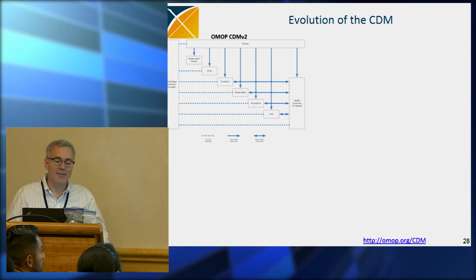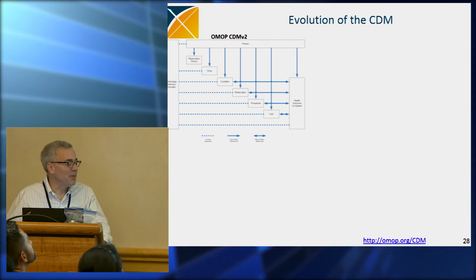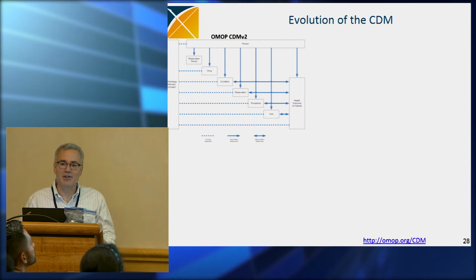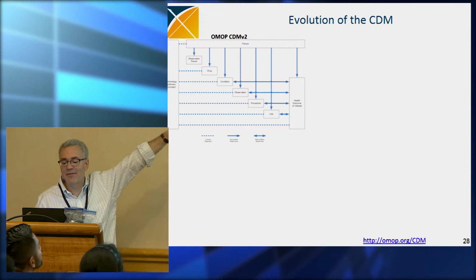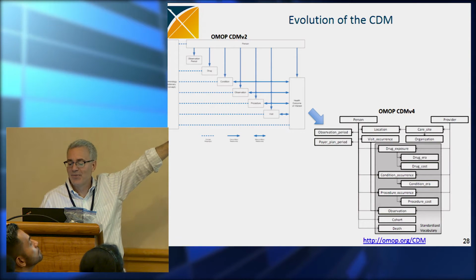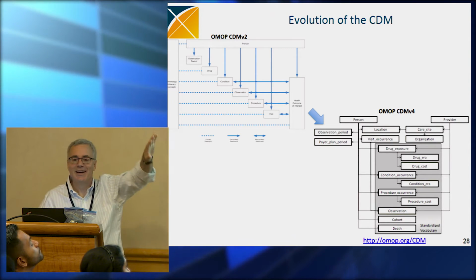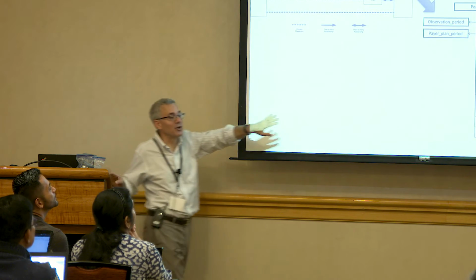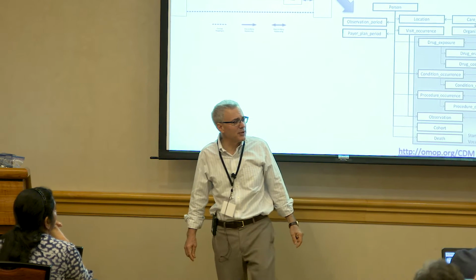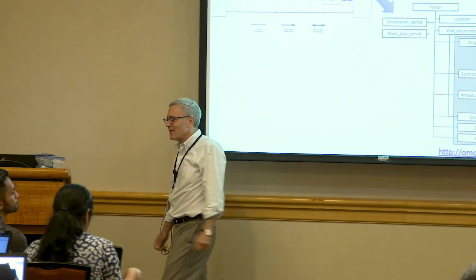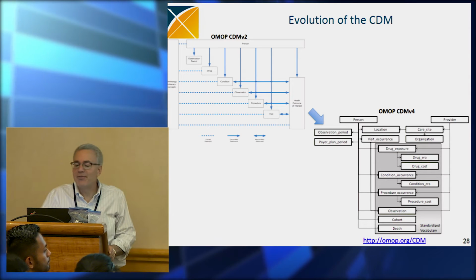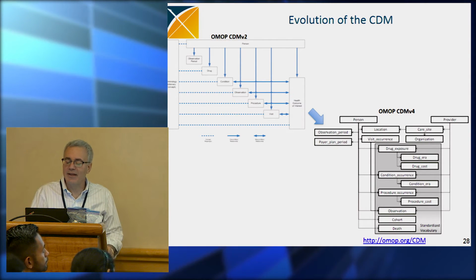Evolution of the common data model: you saw in Patrick's slide yesterday, there was a brief version 1, but they quickly moved to version 2. So there were a number of databases that were converted to this format, and I think the first experiment went on version 2. Then there was a 3 we can't find. And then we went to 4, and 4 was a big one where a lot of people converted their data to version 4. And I think the second experiment was on version 4, no? No. The second experiment was still on version 2? But version 4 was a common one.